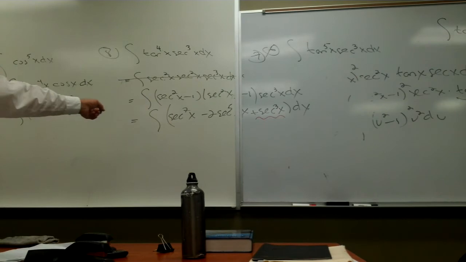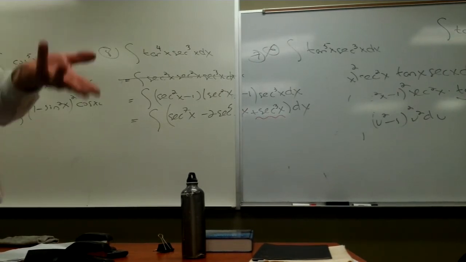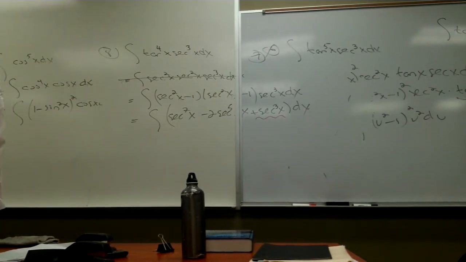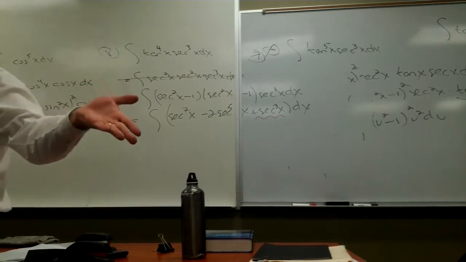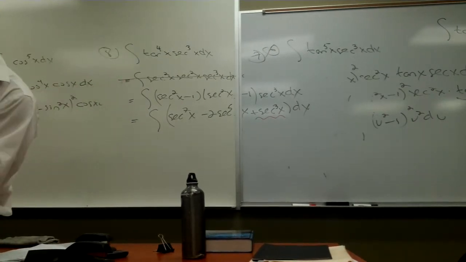What about the one involving secant to the fifth? Well, I did it in class in front of all of you. I reduced it down to secant cubed, but we already know what that is equal to. Solve another equation. Unless you're getting a headache, then you can apply the reduction identity in the back of the book that you and I proved in class that allowed us to integrate secant to an odd power.